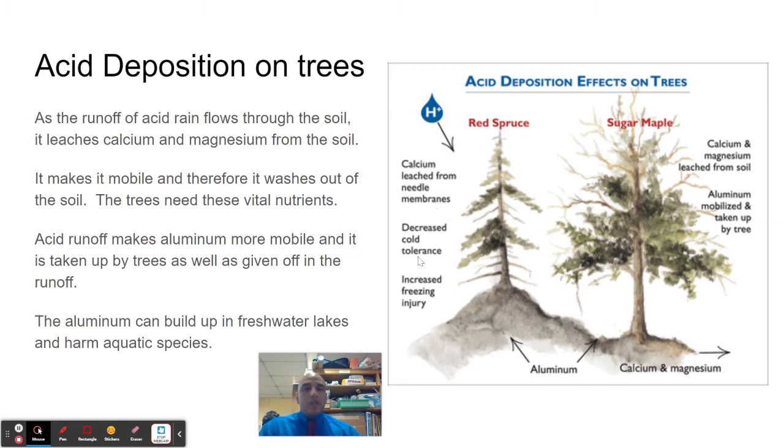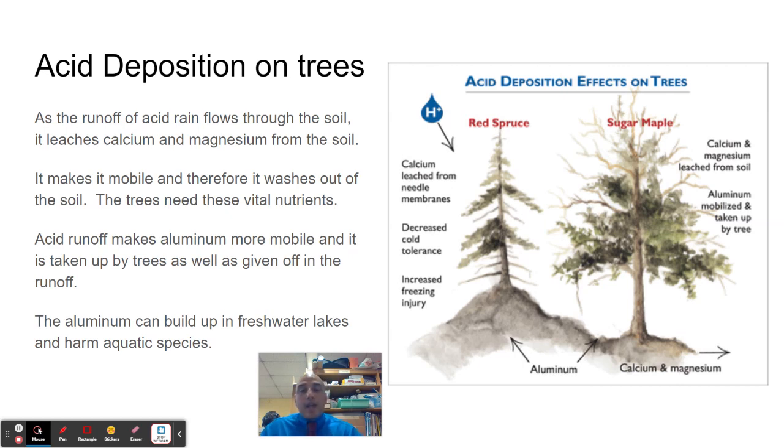So what does that mean? So think about this. We have the acid deposition coming down, and it's in the soil. When it's in the soil, it's going to allow aluminum that's regular in the soil, that typically does not necessarily travel, to become more mobile, and now the trees are going to suck it up. So trees get so much aluminum. All right, that's not good for the tree. It's toxic for the tree. It makes them weaker. In addition to that, it makes the calcium and magnesium more mobile in the soil as well.